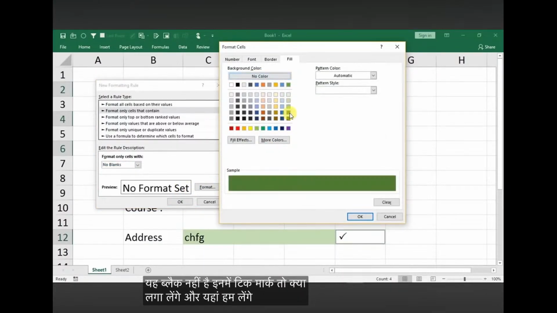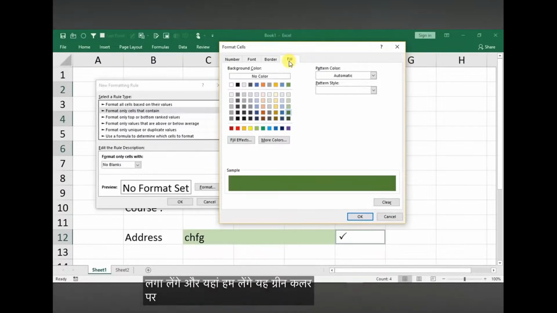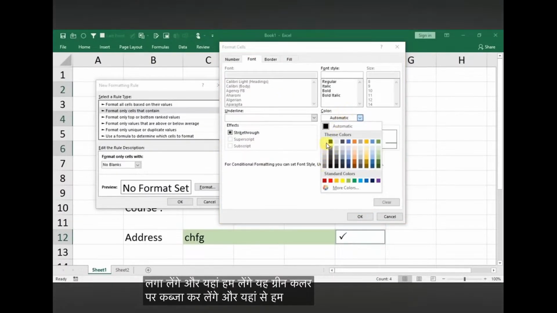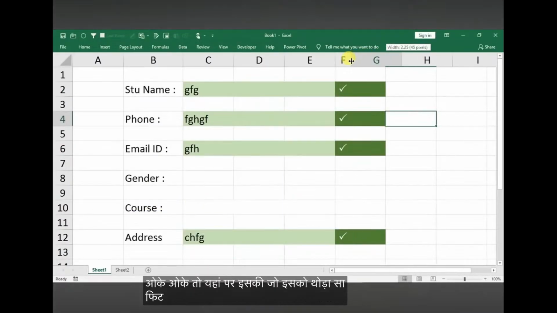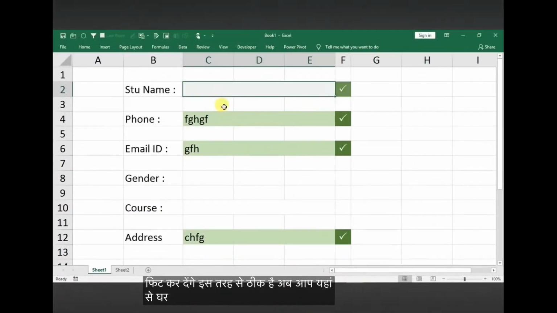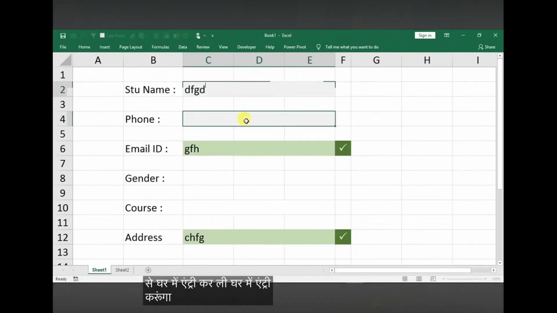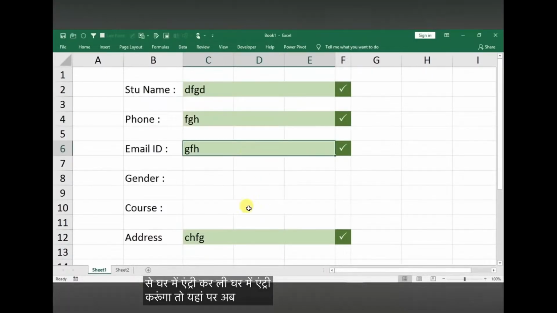और यहां हम ये ग्रीन कलर ले लेंगे, फिल टैब पे जाके फिल कलर ग्रीन ले लेंगे, और फॉन्ट टैब पे जाके फॉन्ट कलर व्हाइट ले लेंगे। ओके कर देंगे तो यहाँ पे काम हो गया। इसकी जो विड्थ है इसको थोड़ा सा फिट कर देंगे इस तरह से। ठीक है, अब आप देखिए यहां से अगर मैं एंट्री करूंगा डिलीट तो यहाँ पे कुछ नहीं आ रहा, अगर मैं एंट्री करूंगा तो यहाँ पे टिक मार्क आ जाएगा, ये देखिए, है ना, स्मार्ट वर्क।